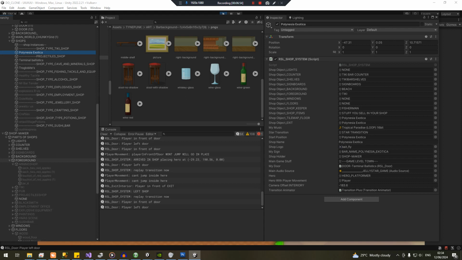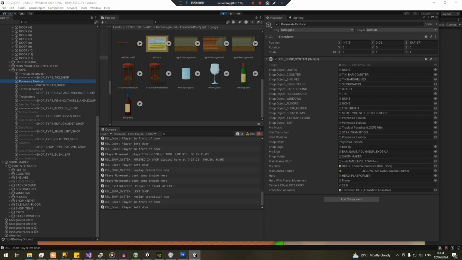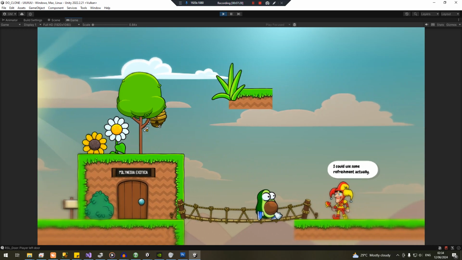Backgrounds. They all have the signboards. Different foregrounds. Different window setups. Different floors. Different shopkeepers. Different tile maps for your feet to actually collide with. Different items that are on sale, different exits and different start positions. And by doing that I can right click and turn any of these on. So when the player goes to a door that is associated with an interior, it turns on the sets that